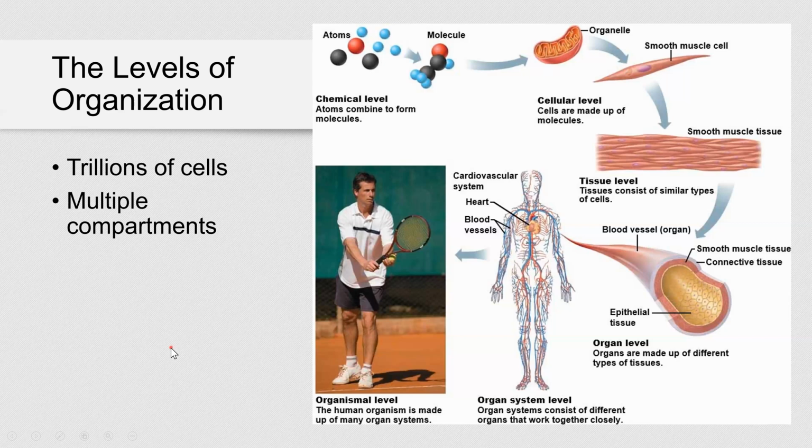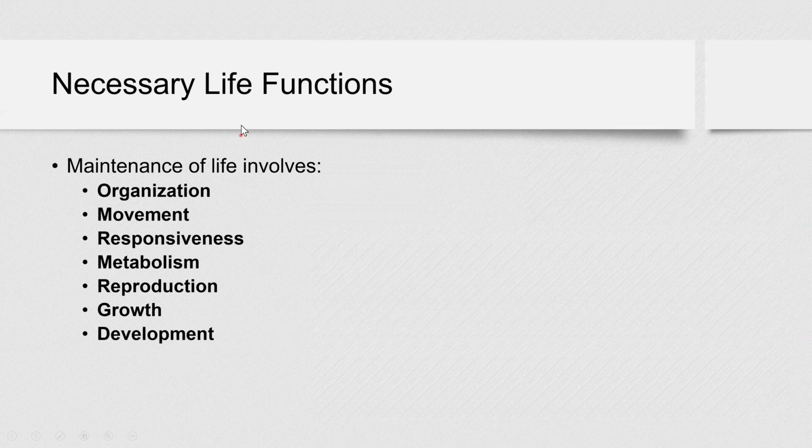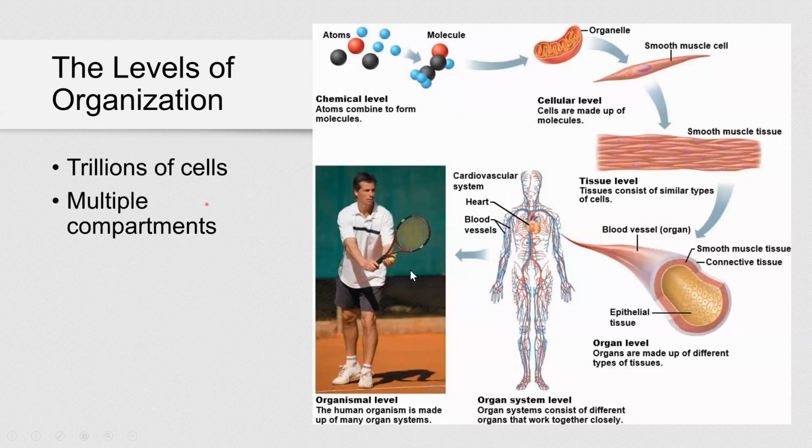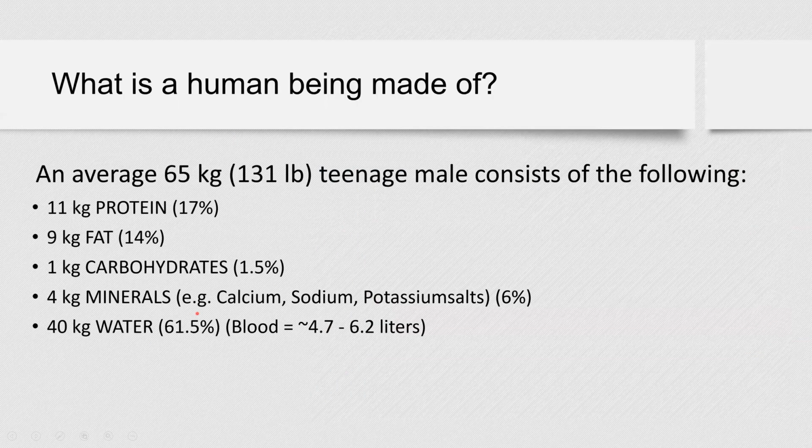Right, I'll go back for a second. The function necessary for life, organization, tells you you're made of cells, right? And cells make tissues, tissues make organs, organs make organ systems, and organ systems make an organism. Okay, now what are you made of rather than cells? Of course you're made of cells, but your cells and all your extracellular matrix